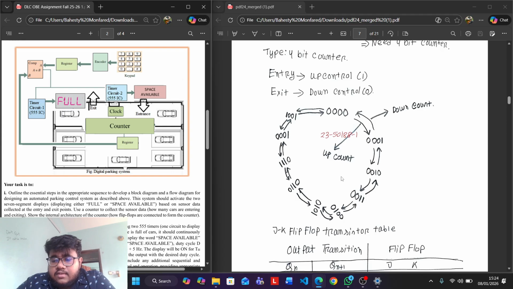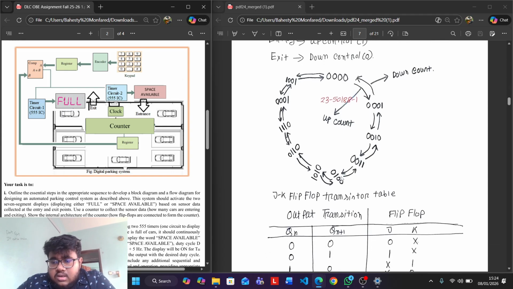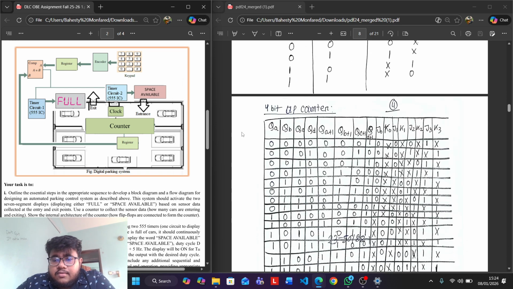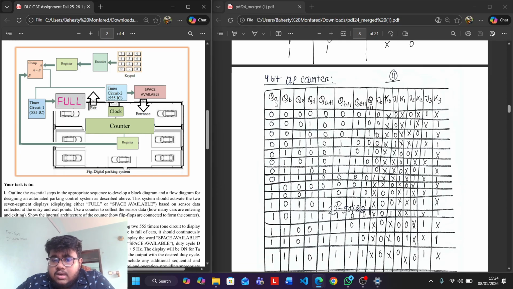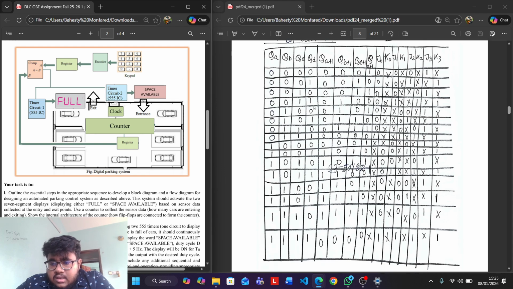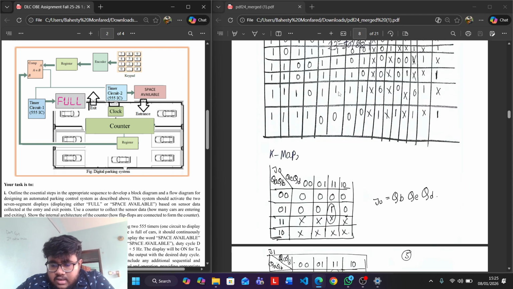We have used the JK flip-flop transition table. Here is the table, with Q and Q plus, and the flip-flop J and K inputs. We have built a 4-bit up counter. We have four outputs, QA, QB, QC, QD, and the next states QA plus 1, QB plus 1, QC plus 1, QD plus 1, with inputs J0, K0, J1, K1, J2, K2, J3, K3. We built a truth table, and in the truth table we solved using K-map,